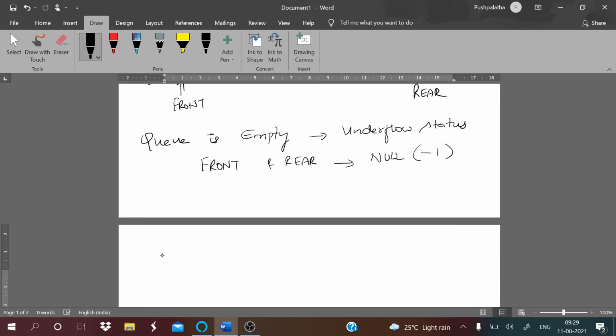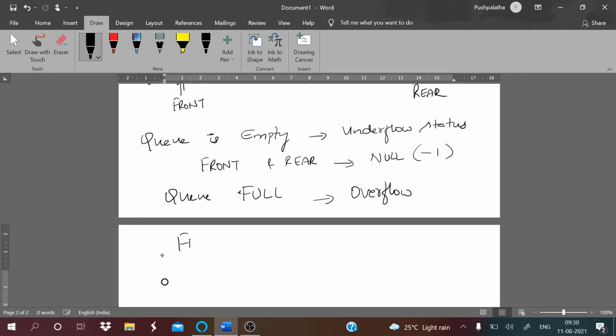In the same way, we have other statuses, that is, the queue may be full or complete. There is no other place. For example, there are 100 tickets and 100 people in the queue. You cannot be added now because only 100 tickets are available and there are already 100 people for them. So we call this status the overflow status.